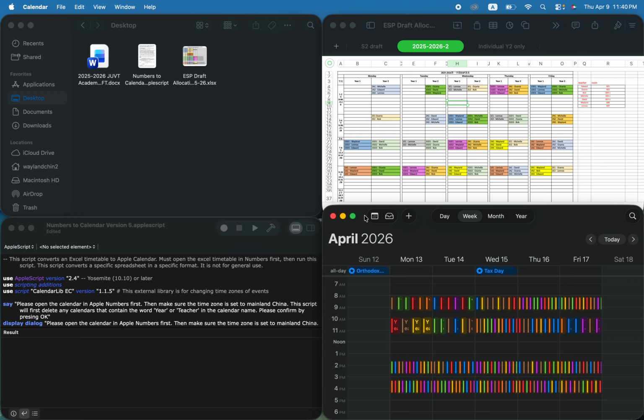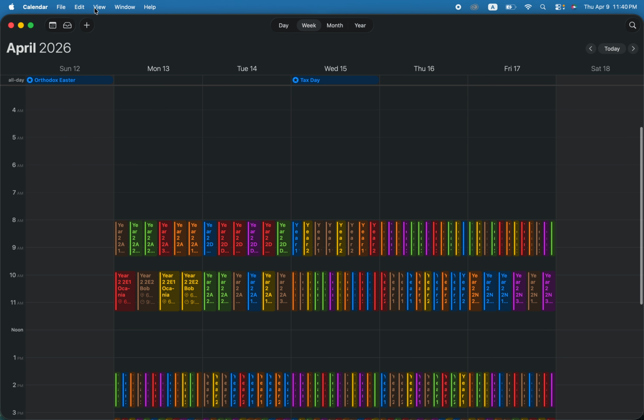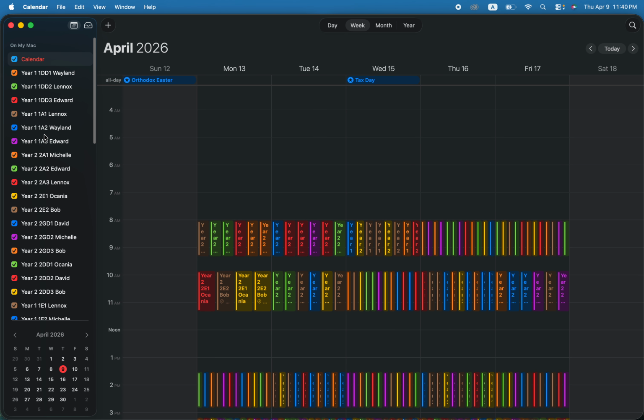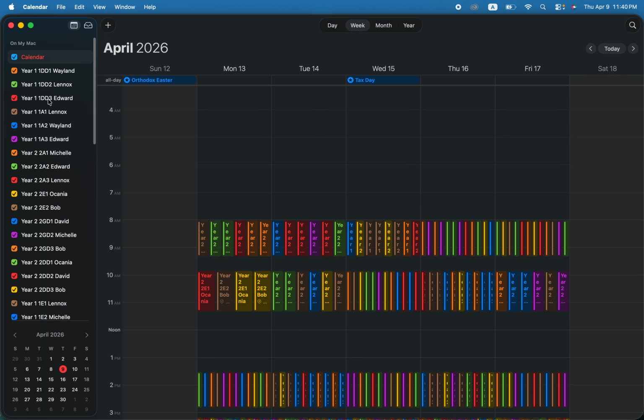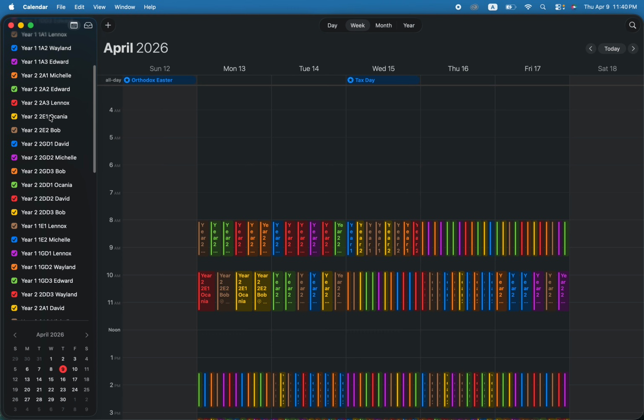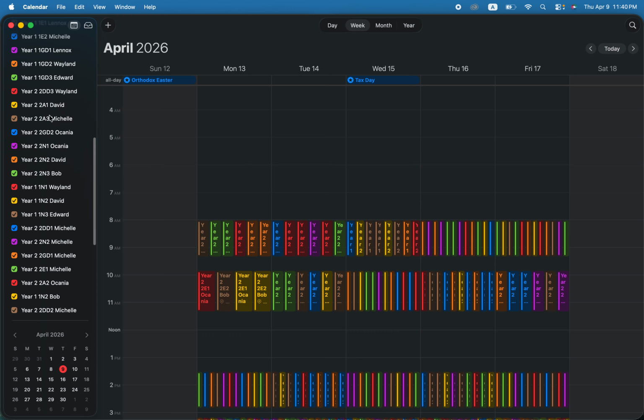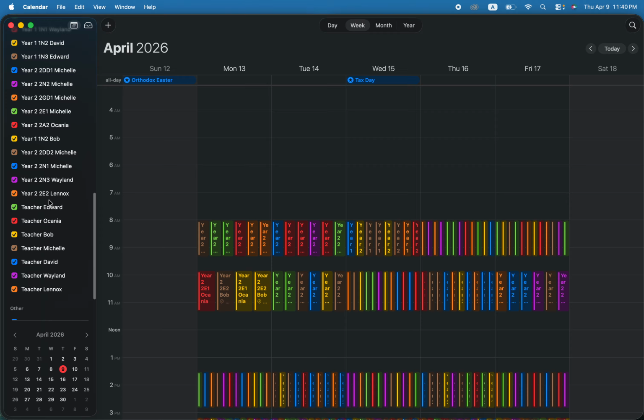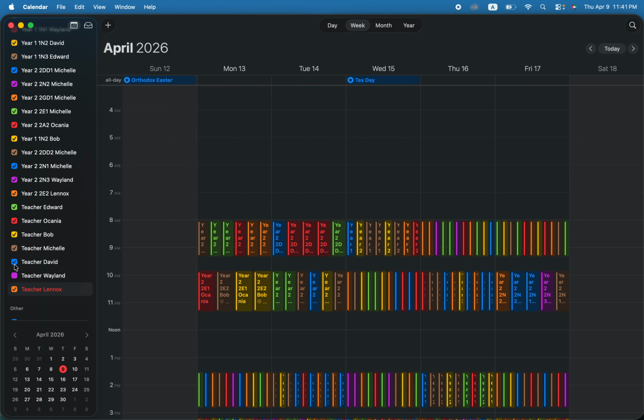Let's zoom into the calendar to see what it did. Okay, you can see on the left side, it created all these calendars, one calendar for each class. Each class has 3 or 4 lessons. And also, if I wanted to view all the classes by teacher, it also created one calendar for each teacher. So if I hide all these,